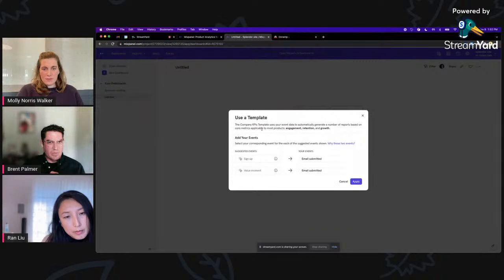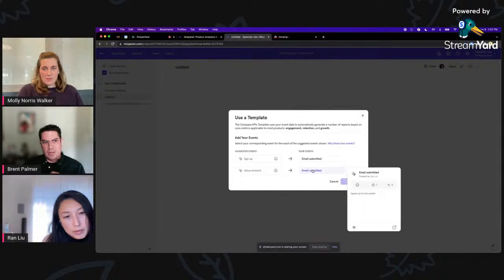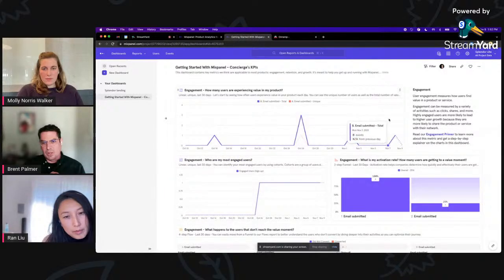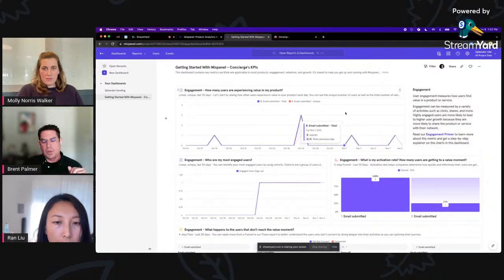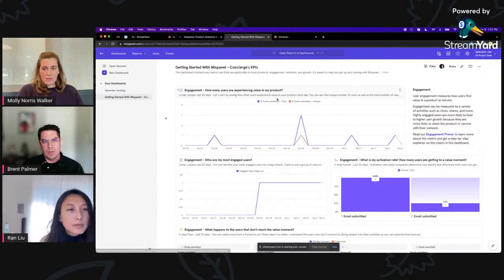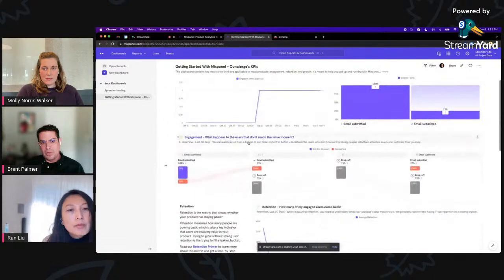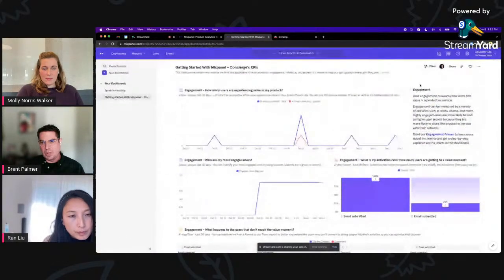Let's see, my small little app is pretty limited in its functionality. So I'm just going to pick email submitted. I'll hit apply, and it's going to spit out a dashboard, which again starts to bridge that gap between what we saw in the dummy data dashboards and those bigger canvas home tab template dashboards, with something that's more of a template dashboard now. And all this can be deconstructed again, but now it's my real data.